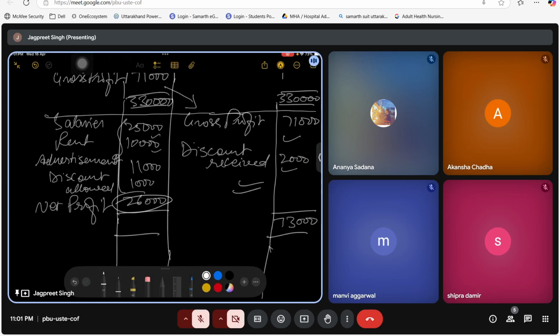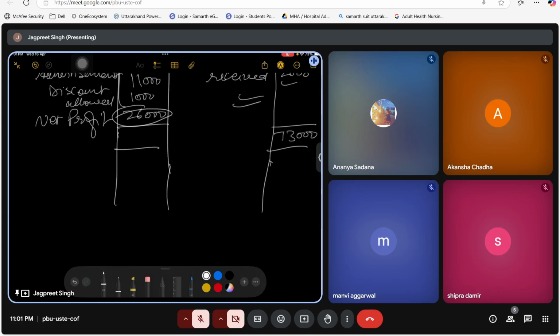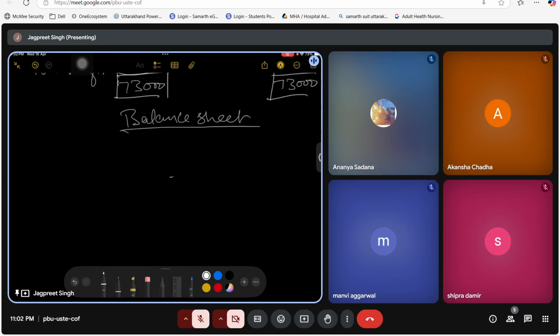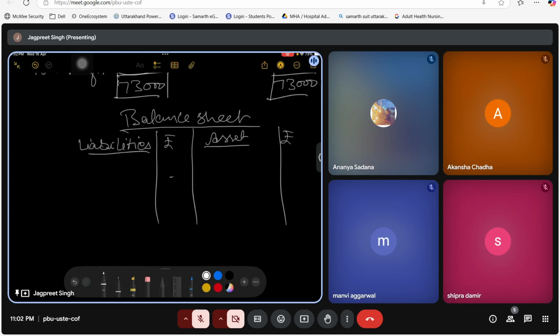ये नेट प्रॉफिट 26,000 का जो अब बच गया है, इट विल बी कैरिड इन बैलेंस शीट। मैं यहाँ दोनों साइड टोटल लिख देता हूँ। ये टोटल हो गया, तो इसके बाद मेरा ये प्रॉफिट एंड लॉस अकाउंट भी क्लोज हो गया। अब मुझे बनानी है बैलेंस शीट। बैलेंस शीट में मेरी एक होगी लायबिलिटी साइड, अमाउंट का कॉलम होगा, एक होगी एसेट साइड और अमाउंट का कॉलम होगा।